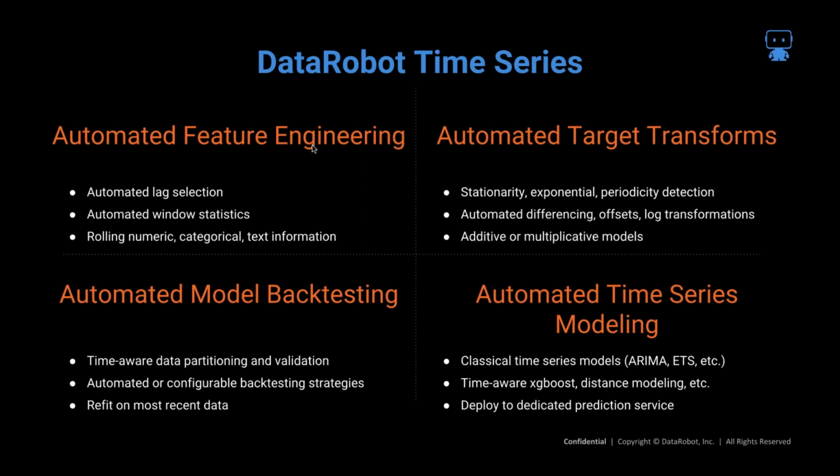And the purpose of putting this slide up is that what I did here is just group the functionalities of DataRobot's automated platform. First is the automated feature engineering part, which takes care of those lags that I mentioned: how much in the past you want to go and use that information to build features that are predictive for future values, things like this. And then automated target transforms,